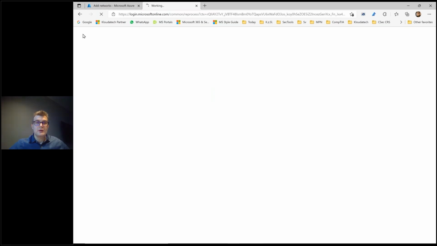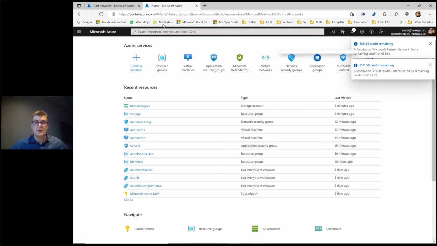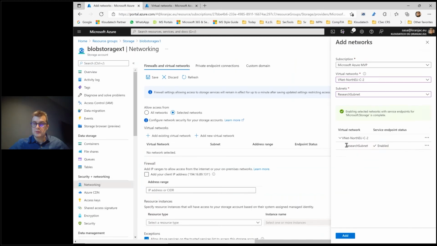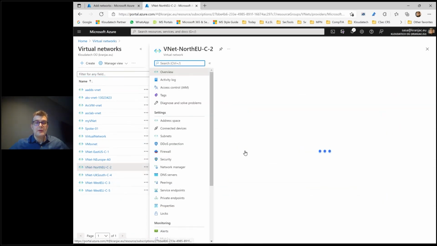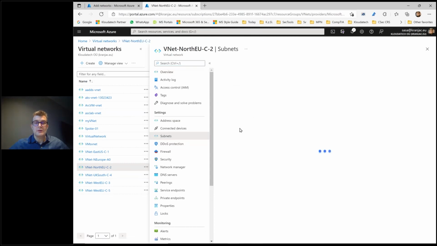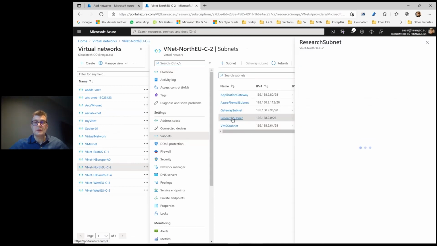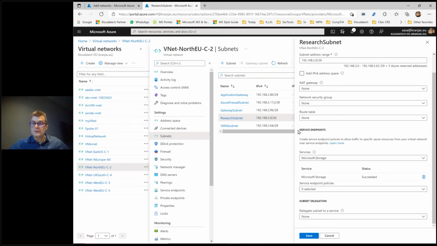And let's take a look at the virtual networks. Then we will see the storage account, actually virtual networks. What was it? This one was the VNet Nord EUC2, and this is VNet Nord EUC2. Yes, this is the one. Then we will see, in fact, that we have these subnets, and we have the research subnet that, in fact, has the service endpoint